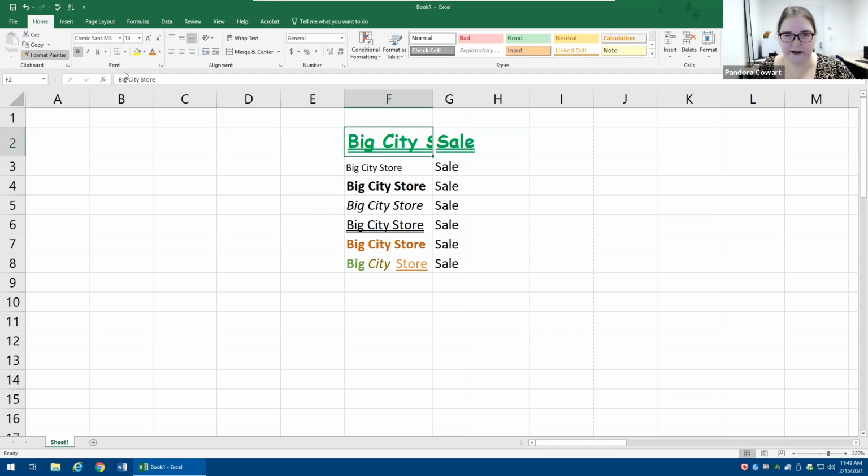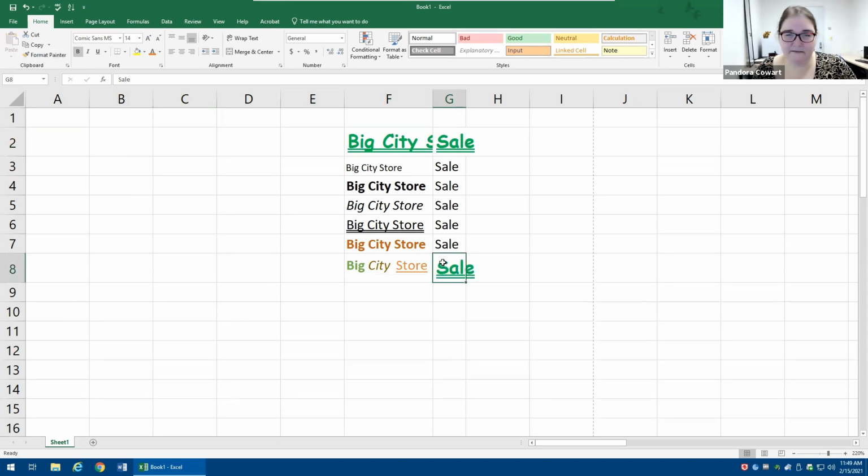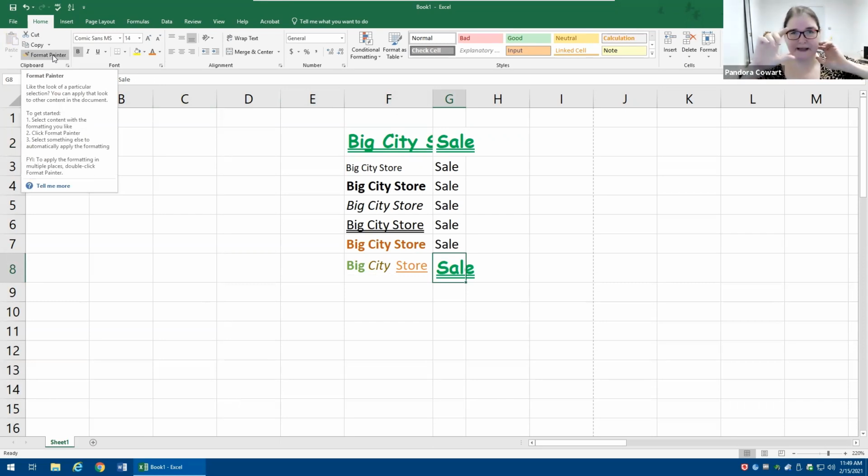If it didn't work for you, try hitting Escape. Make sure you're on a green cell. Click on the Format Painter. Click on another sale. Beautiful. If you hover over this tool, the little screen tooltip that pops up is really detailed. And it tells us at the very bottom of it, FYI, to do this a whole bunch of times instead of just a one-time fix,